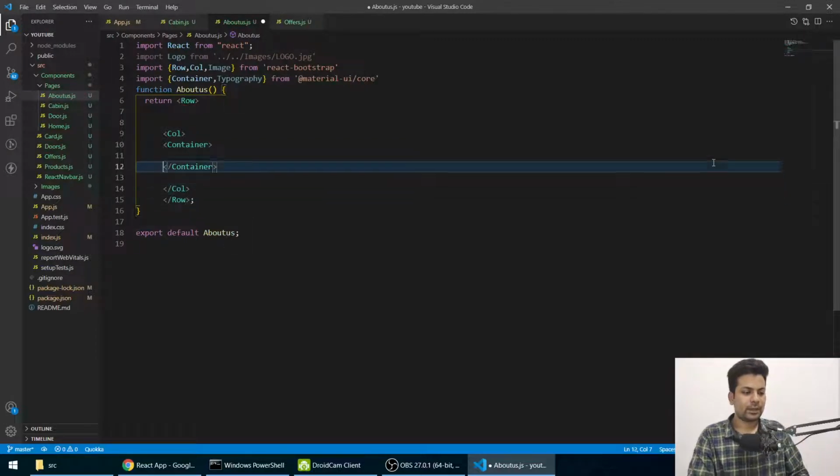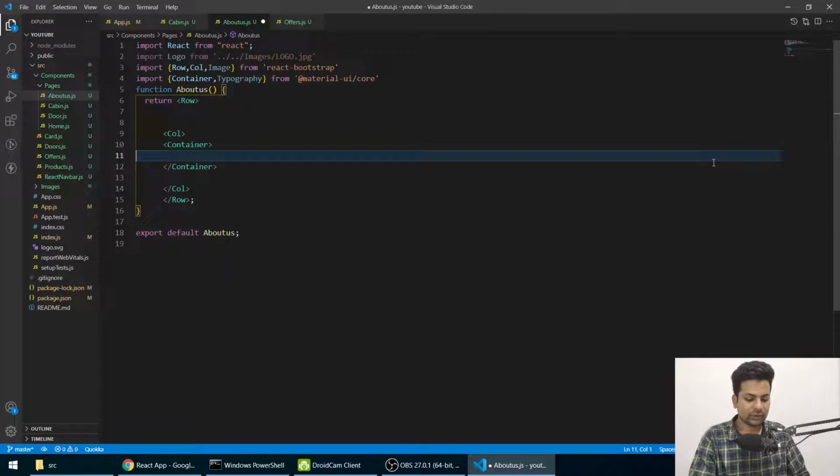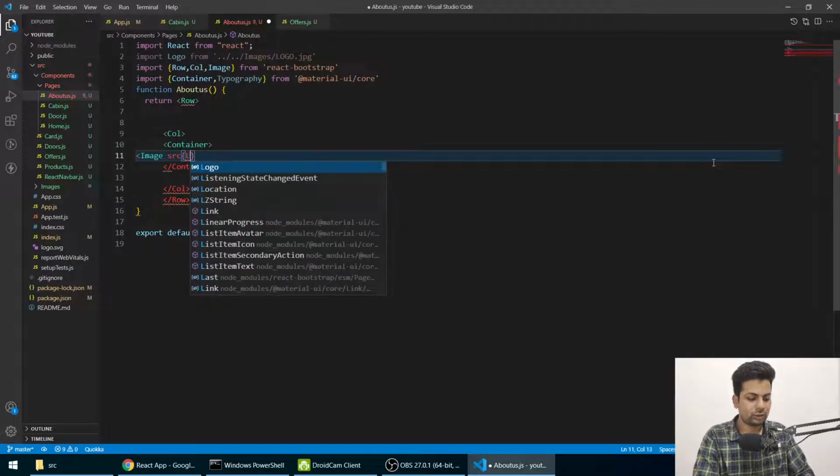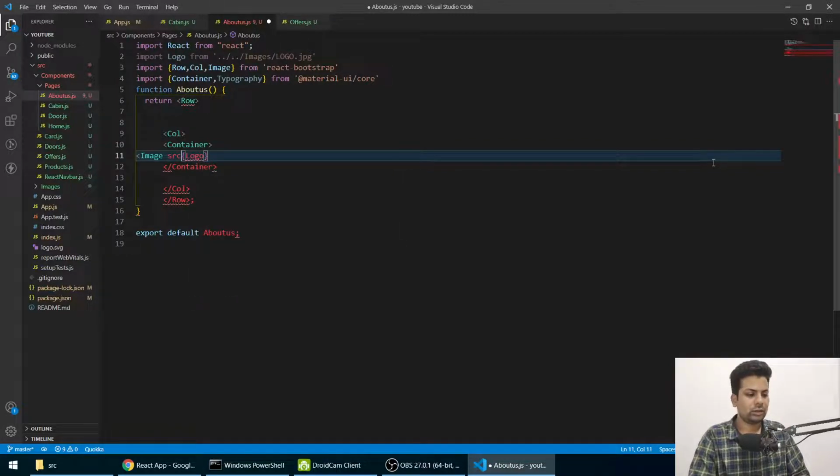Yeah, so in container firstly we'll make an image and we'll say src logo. Yeah, now some styling for it, we'll say class name equals to image dot responsive fit dash image.